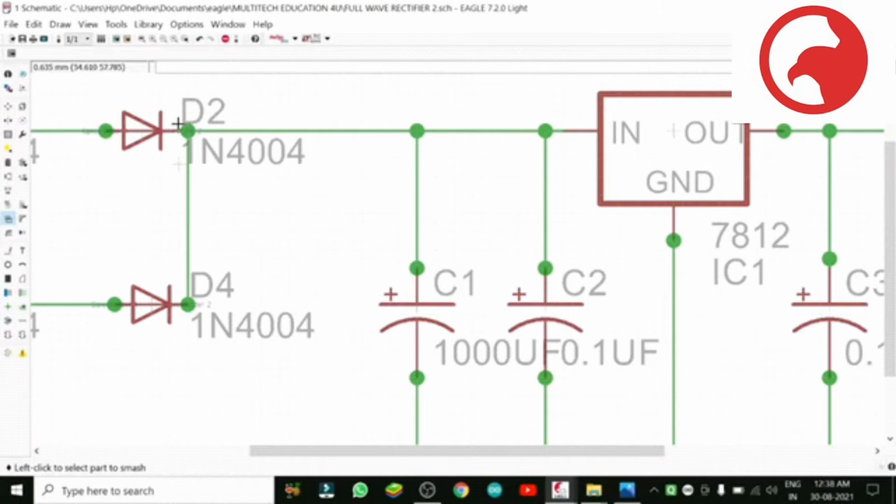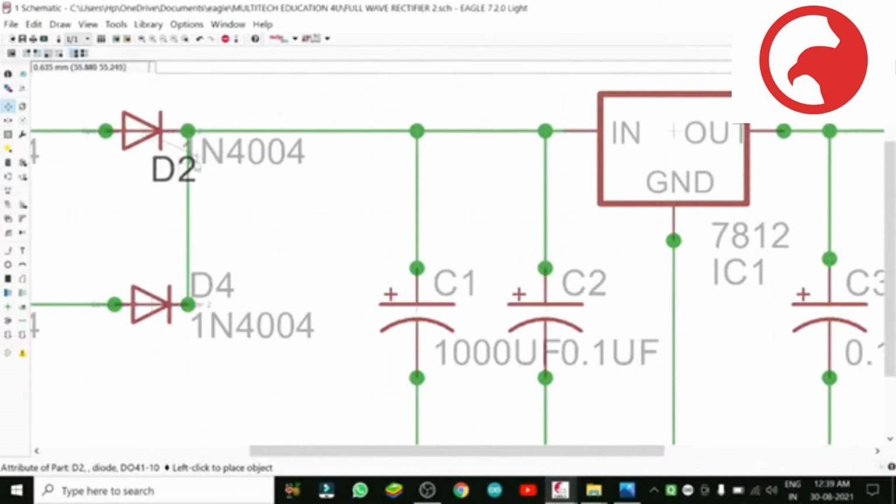So when we click in the center of the symbol, the positive mark will come in front of D2, 1N4004 individually. You see, the positive mark has come when we click the center after selecting the smash symbol from the left side. Now you can move this anywhere, rotate it by right click, put it anywhere.